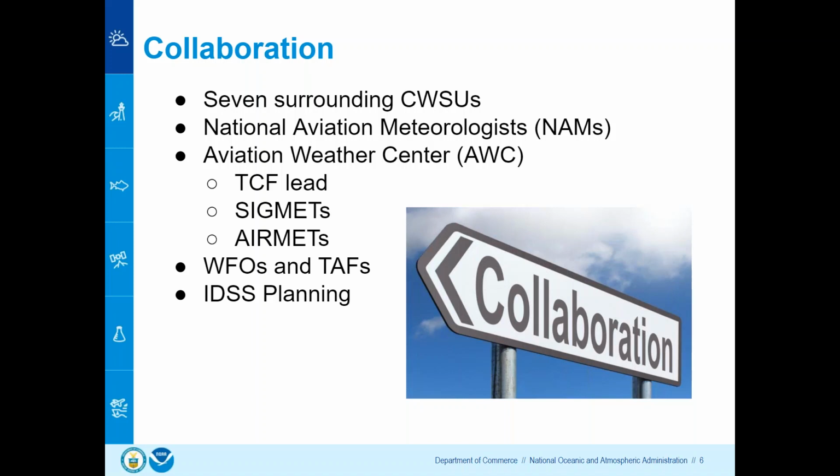So we developed a plan to ensure they were providing more updates for their TAF. Since they weren't a large airport, we worked with the WFO to provide more updates like they were a larger airport for that time frame of when they're expecting the more air traffic. And we actually had it written into the IDSS plan, some aviation information as well. So keep that in mind when you're on the field. If it looks like you're going to have a big IDSS event, you may want to consider reaching out to your CWSU to see if you can get an idea if there will be aviation impacts. Next slide.